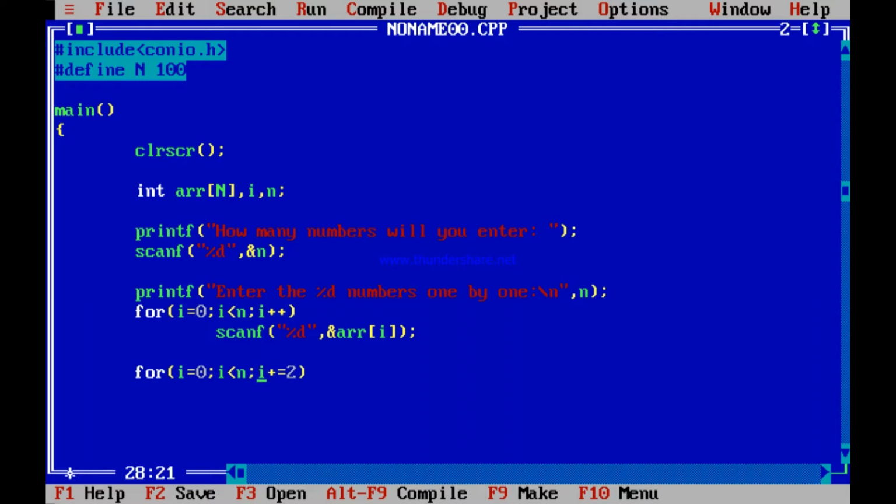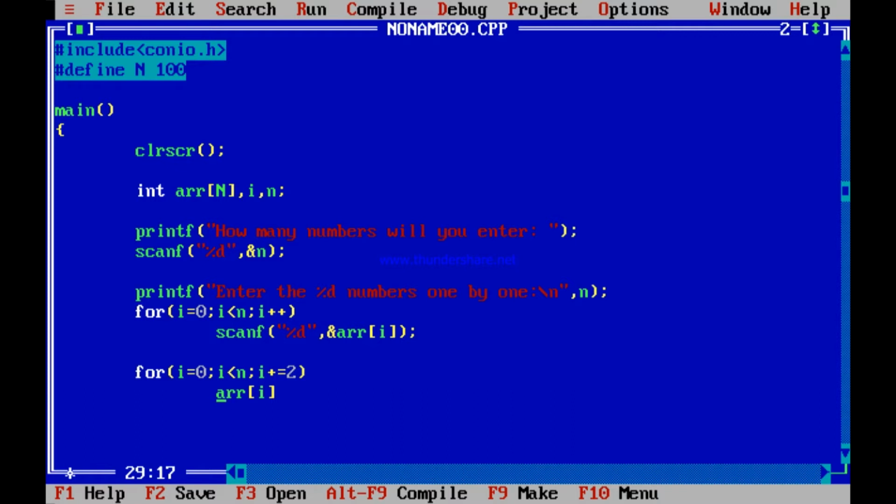So i is 0. When I access ARR i, I am accessing ARR 0. Next time I am accessing ARR 2, next time ARR 4. In terms of the user, they are the first number, third number, fifth number. So I am getting hold of the odd numbers.